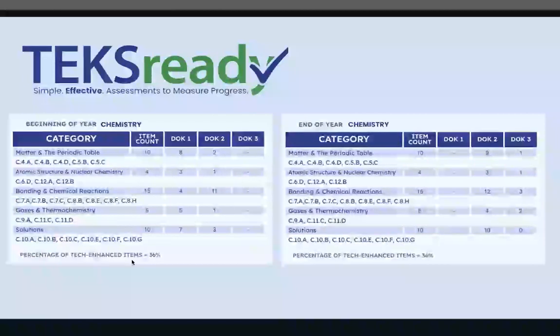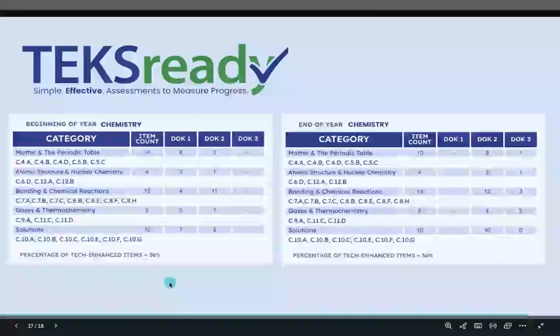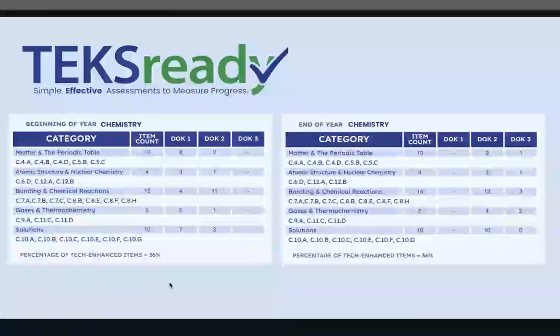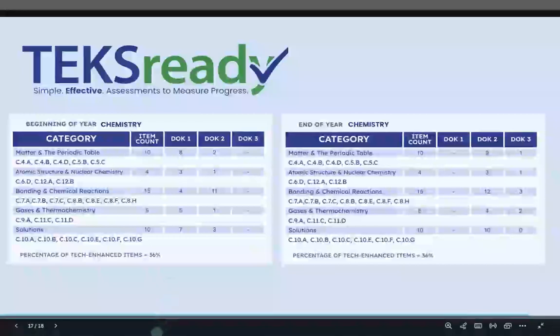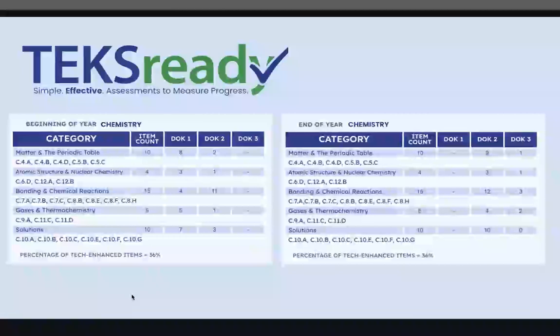But I do just want to finish my thought here around these TEKS Ready blueprints. The assessments, we hope, if you subscribe to them in Eduphoria, can help get you 90% of the work. We know how difficult these assessments are to write. It's difficult just to even write the blueprint, and so much more so to write the entire assessment. So we hope that these can be a resource to you, that they can get you 90% of the way there,